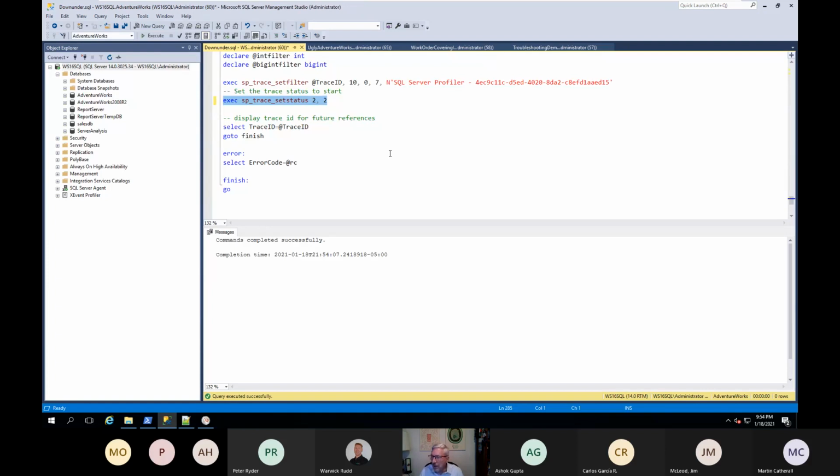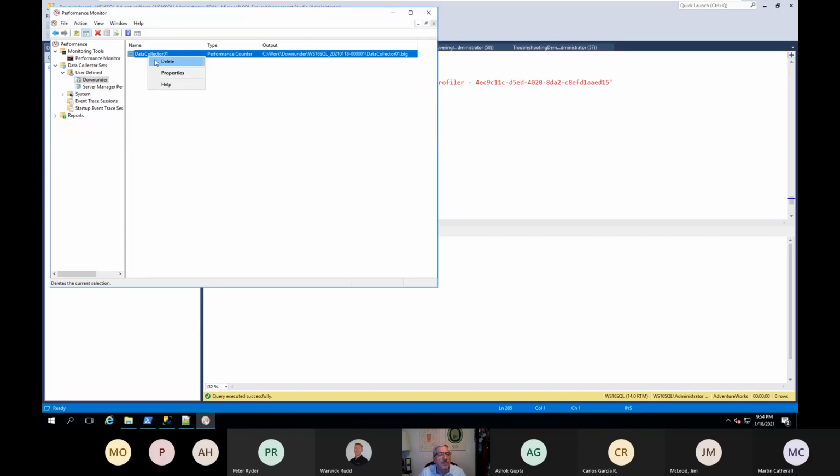When you're dealing with trace and profiler, a server-side trace is the least impactful way of capturing trace data. And a server-side trace is defined by running it from T-SQL like this and saving the data to a file on the physical server where you're running it. That's the least impactful way of running trace. And that's what I've done here.